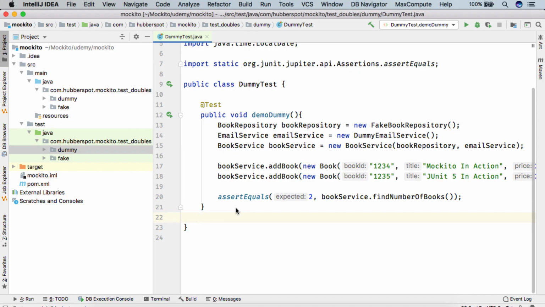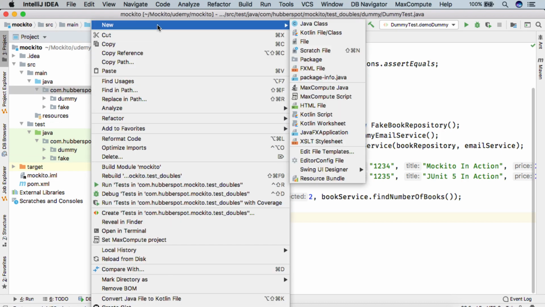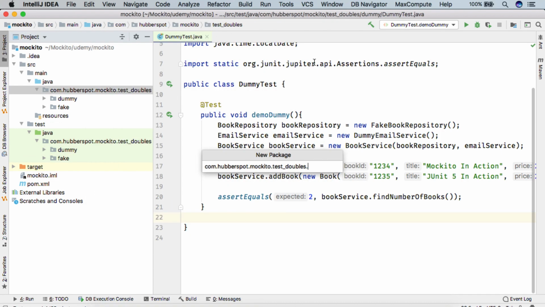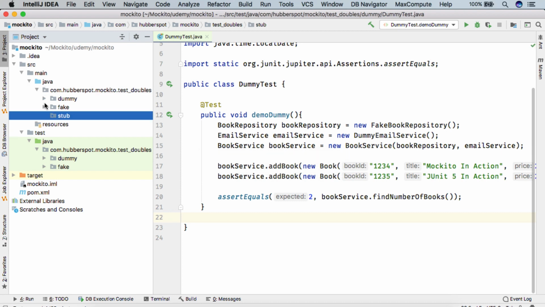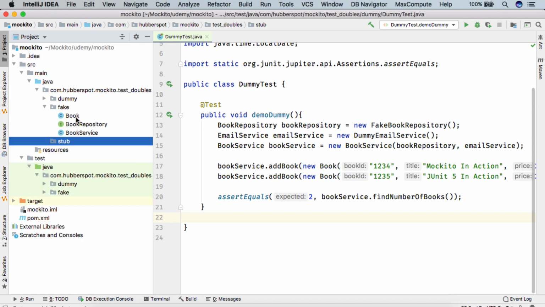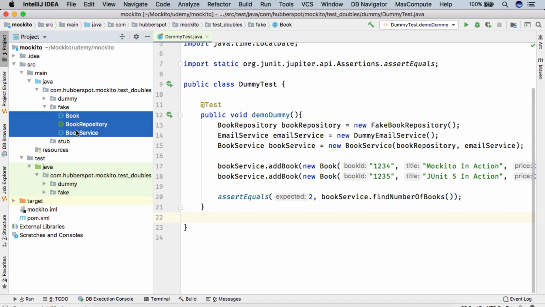Hello everyone. In our main Java folder, I will create a package named testdouble.stub, and here I will simply use the book repository and book service classes which we already discussed in our previous lecture.